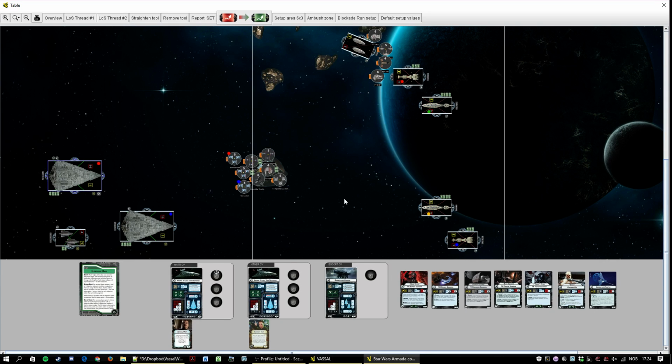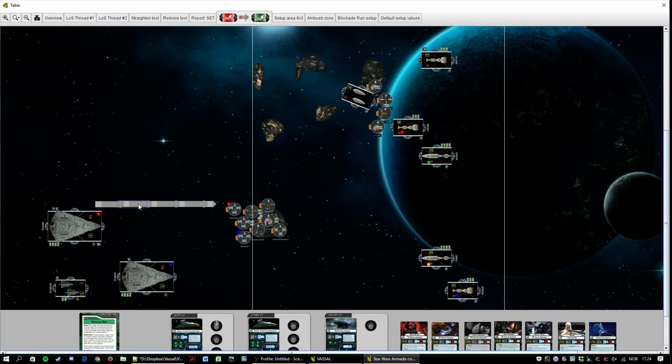So if you want, you can go on to movement there, and you could of course spend that token to speed up to 2, and you could sort of anticipate the rebel movement, their fleet coming in, by already now turning slightly. Then you present more of your front arc to the enemy, and